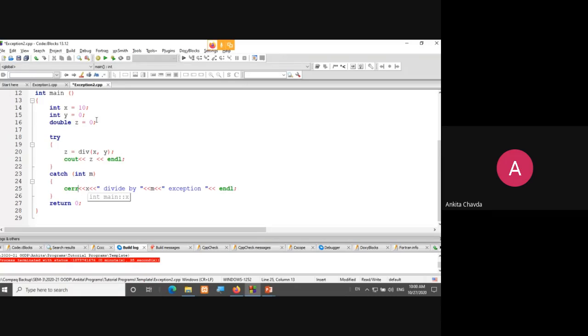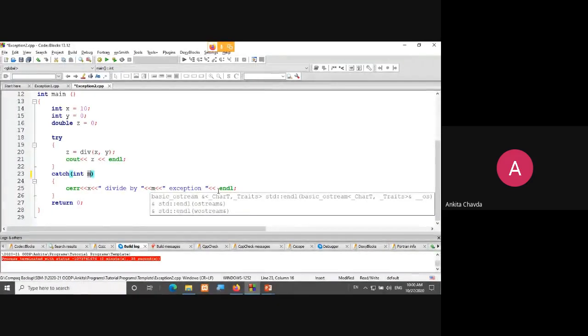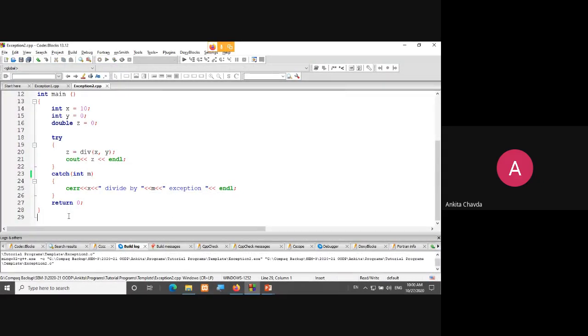In other examples, in the catch I used cout, but cerr is specially for errors. So here I'm writing x divided by m, because I referred to y as m in the formal parameter, divided by m exception raised, and simply written 0. Let's check what the output shows.